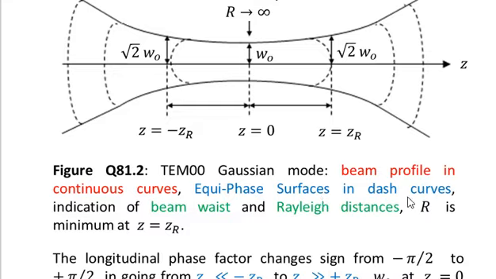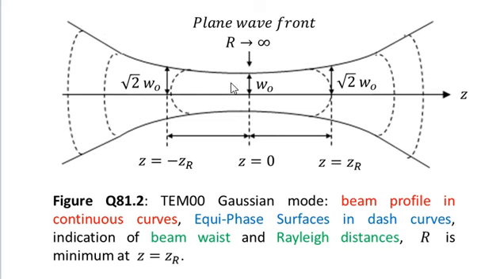Equiphase surfaces in the dash curves. So dash curves represent the equiphase surfaces. Indication of a beam waist at Z equal to 0. At Z equal to 0 gives you the beam waist. And the Rayleigh distances, which is Z equal to ZR and Z equal to minus ZR, have also been shown. R is minimum at Z equal to